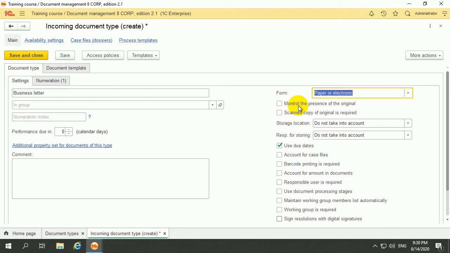Control the presence of the original. I think the programmer had a mistake. Control the presence of the original, and the string allows us to monitor the presence of the original document. It adds new strings in the document. For example,